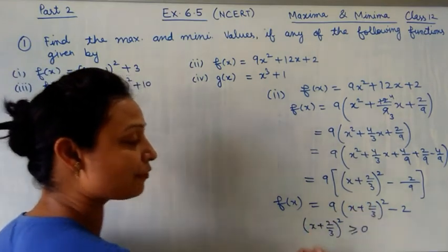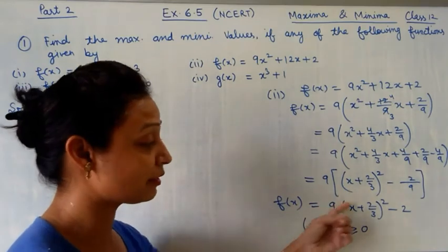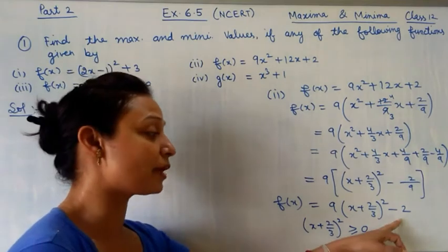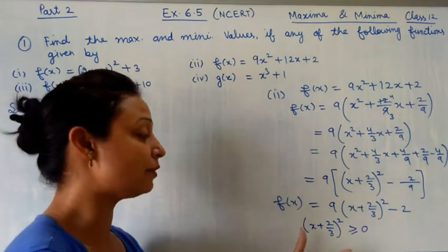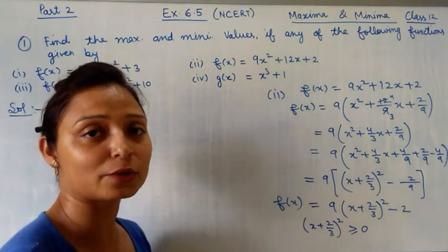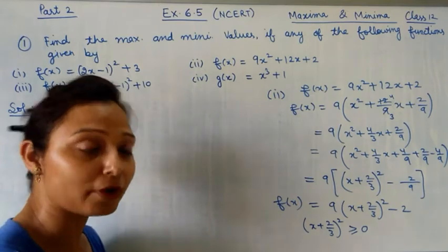So I see the function and which term is multiplied. I will multiply the same number on that side. If addition is there, I will do the addition. If subtraction is there in the function, I will do the subtraction, so that I will reach a particular result where the maxima and minima we can confirm.